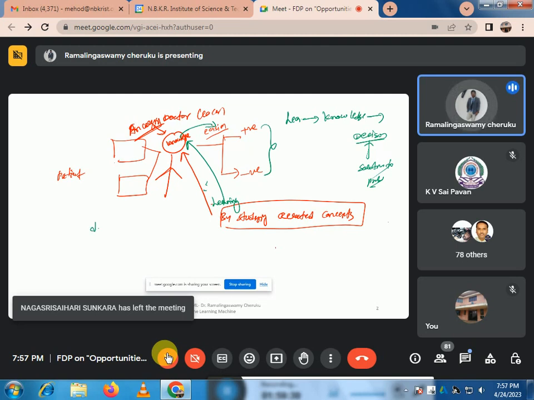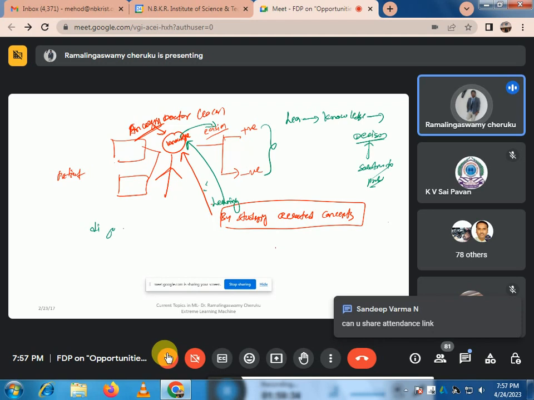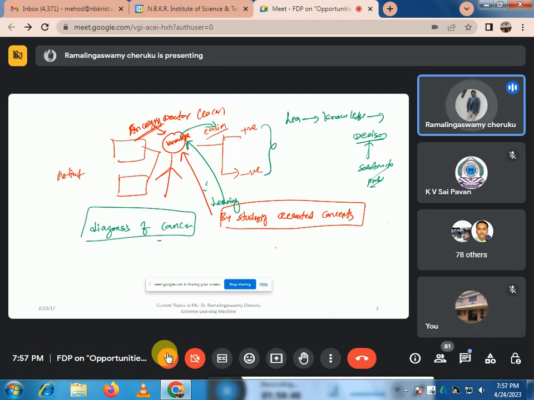That's the problem. The solution is, what is the solution? Meeting an oncologist. The diagnosis of cancer, that's the problem, isn't it? Earlier, before the existence of AI, so what do we do? If you want to know an oncologist, whether you want to diagnose whether you have a fever or not,